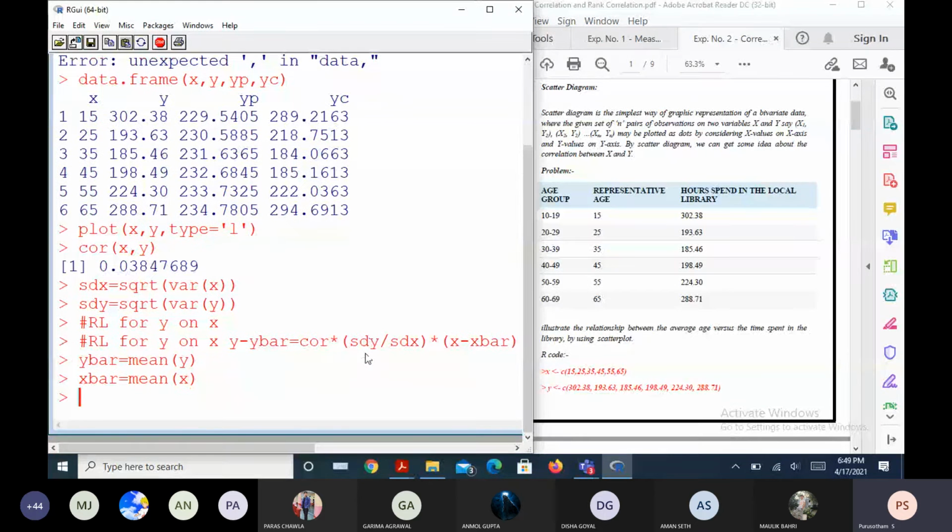Using this formula, let us look at what is y. So yk, I am taking a variable for y. If y bar goes to the right side, then it is going to add over there, right? Now the correlation value we already computed.